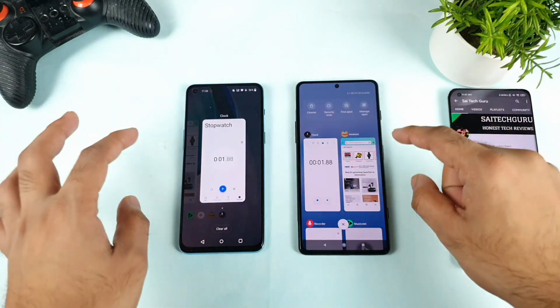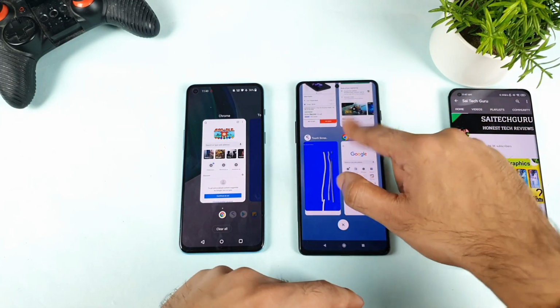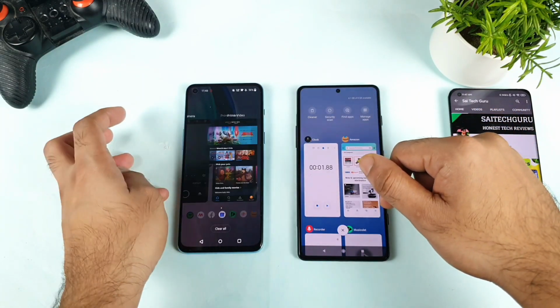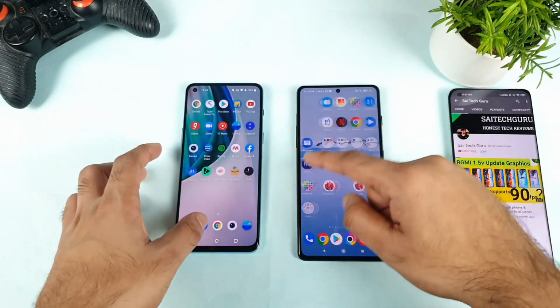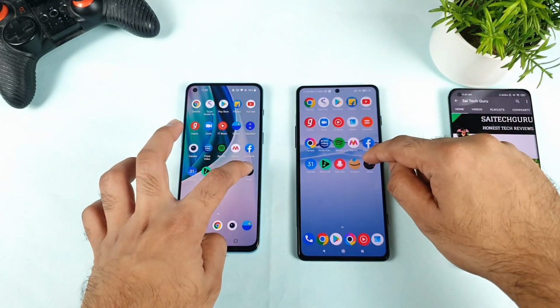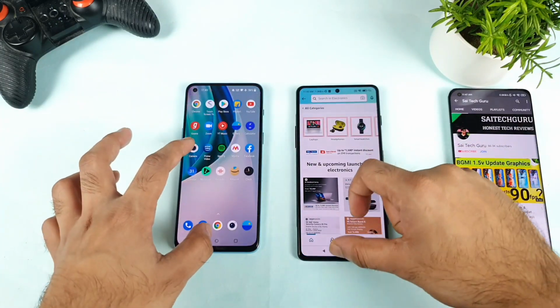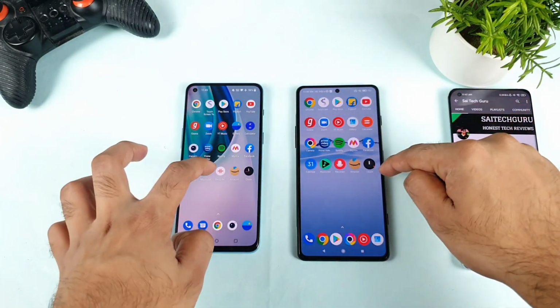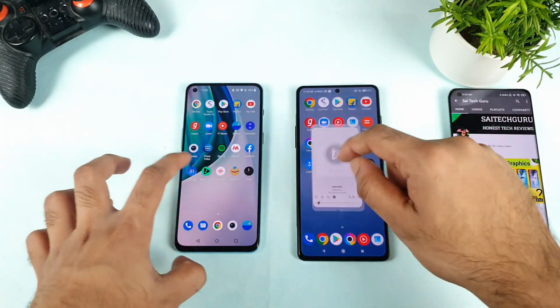Now, 20 applications I did open in both phones, starting from Google Chrome to the last application. As you can see exactly, all the applications are completely open in both phones. As you can see, nothing got changed. Now let's start opening from the last application, which is the clock application. Let's see how many applications will be there in the background RAM management. After opening the first application, I'll be trying to come back from the last as well, just to check what is happening with the RAM management as well.